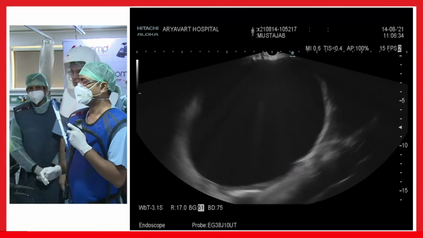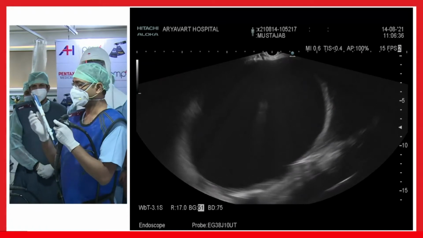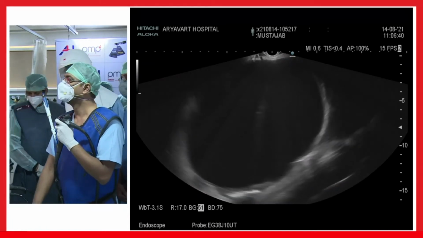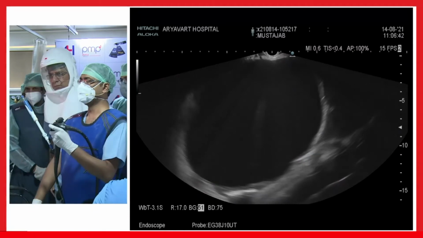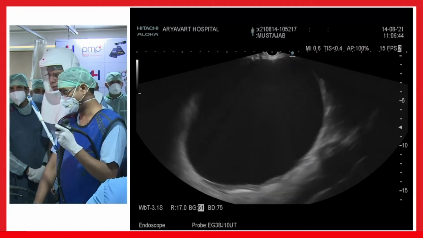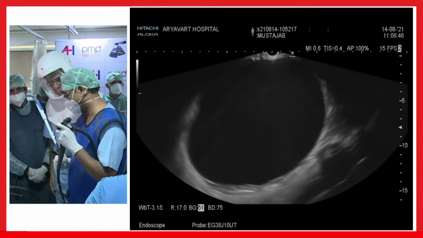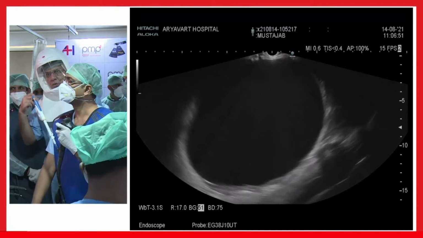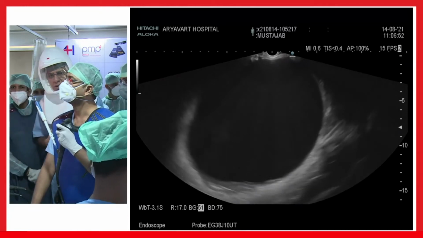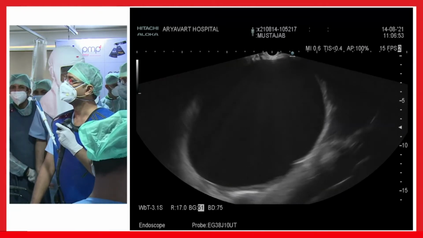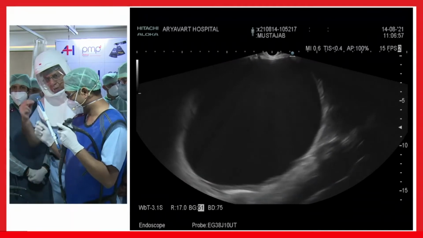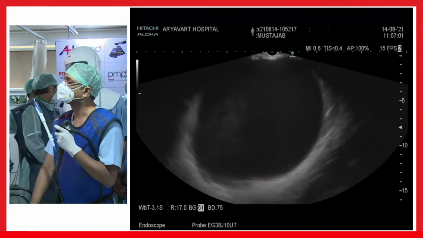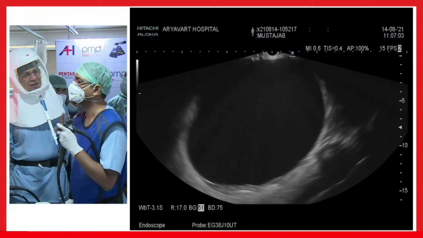So take out the sheath. And then, which needle are you using? So this is a Boston Scientific 19G needle. Okay. With 19G, you can pass a 035 wire through it. So what wires can you pass through a 22G needle? So this is 19G for 035, and 22 is for 018. Okay. When do you need to use an 018 guide wire?